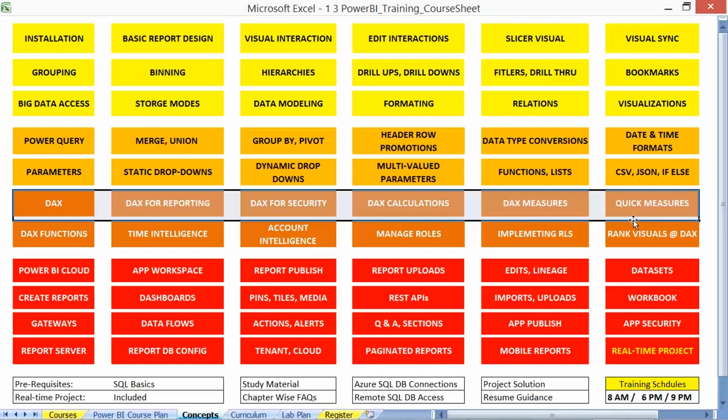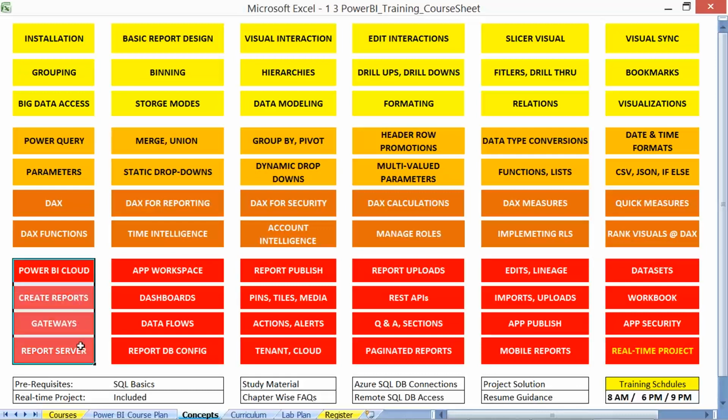We have got user interface as well as coding activities, whichever option you choose, and implementing something called row level security and ranking of activities, time intelligence activities, and we have cloud and Power BI report server, which is more into hosting the reports either in cloud or the report server with something called dashboards, pins, tiles, actions, workbooks, apps, and publish activities.